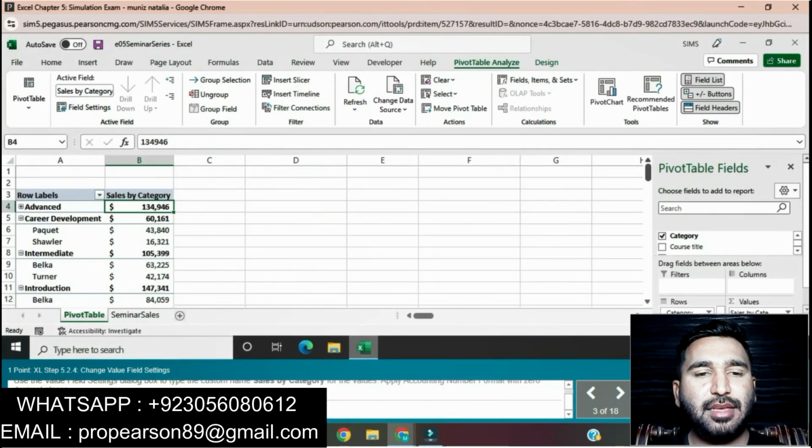Type Categories in cell A3. First we will click on cell A3 and then we will type Categories here.